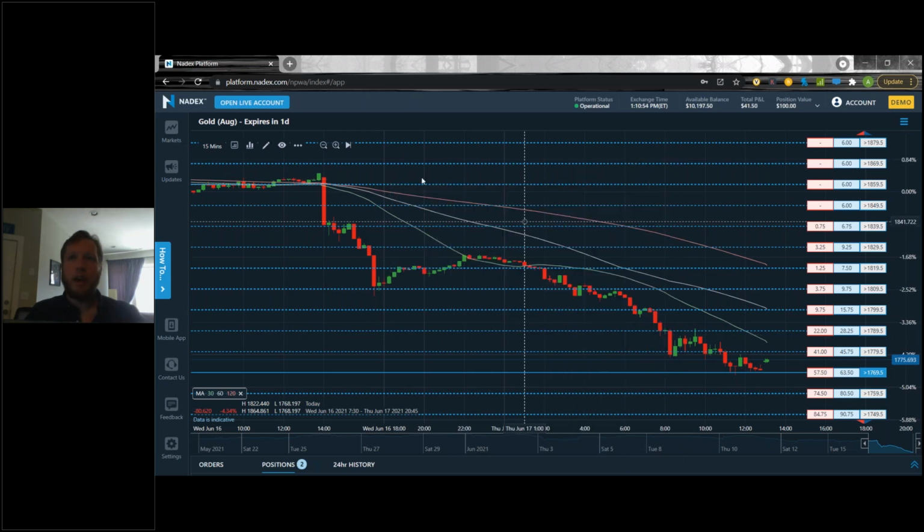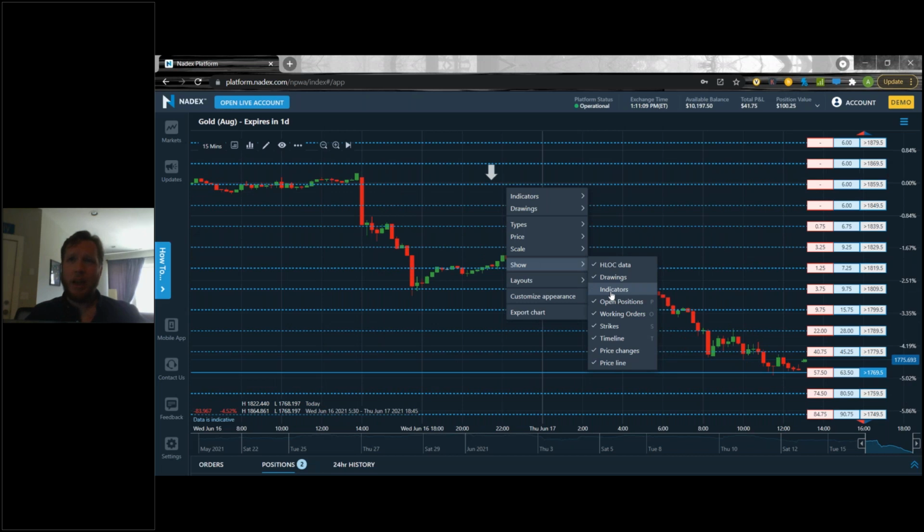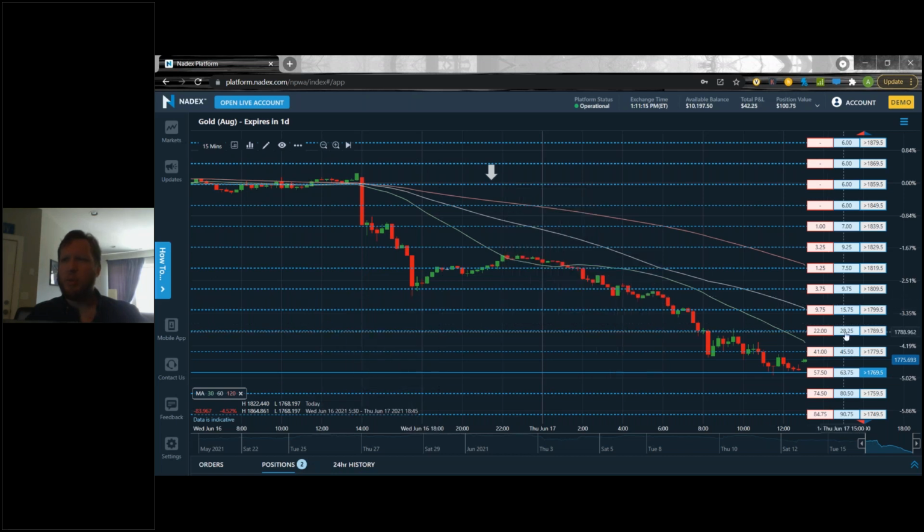The next one down, so if you have drawings on your chart, I can actually hide your drawings. If you ever are drawing anything and you don't see it showing up, go see if you've hidden your drawings here. Same with indicators. I can actually hide my indicators and turn them all back on just using this. My open positions, let's get into a position here really quick.